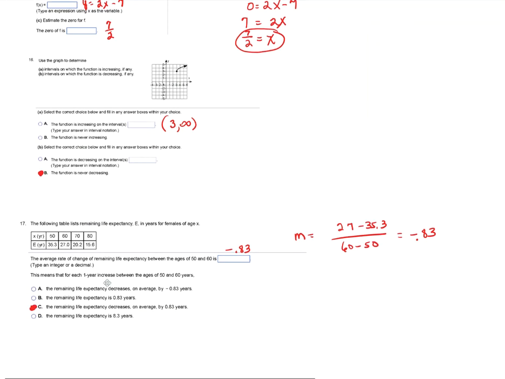All right. The following table lists remaining life expectancy E in years for females of age X. So if we want to find the slope, we can just pick 2 of these points. Let's do the first 2. So I have 27 minus 35.3 over 60 minus 50. When you do that, average rate of change is negative 0.8